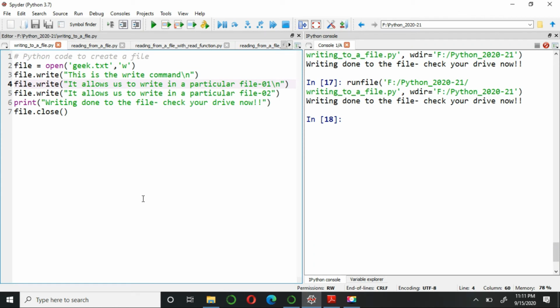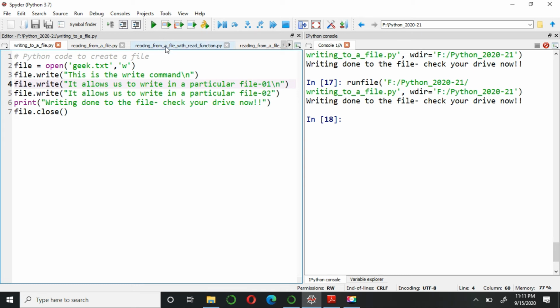And let me tell you this thing, it is not part of this. \n is a special character in Python, and of course in C++, but we usually use this special character to provide the next line content. It is a special character which takes 2 bytes here in Python. It occupied 2 bytes. Fine.